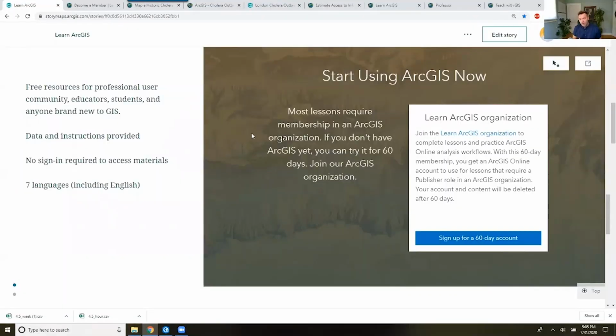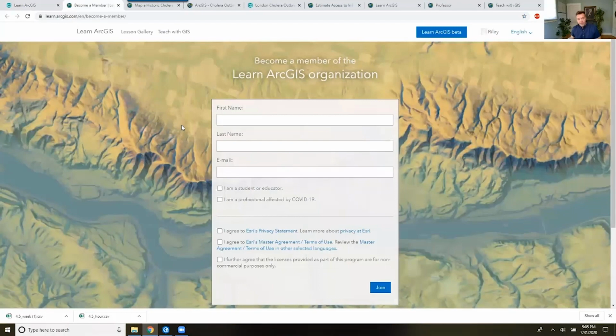If you don't have software, or you are an existing user and you'd like to try one of the newest tools or products that we have available, try signing up for a Learn ArcGIS organizational membership. Everybody in the entire world can qualify for a 60-day membership in Learn ArcGIS,